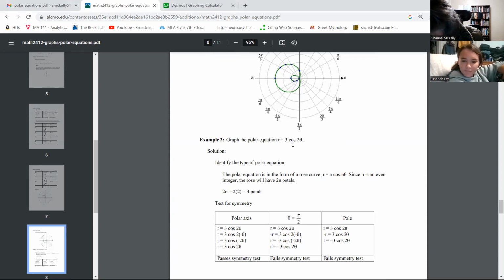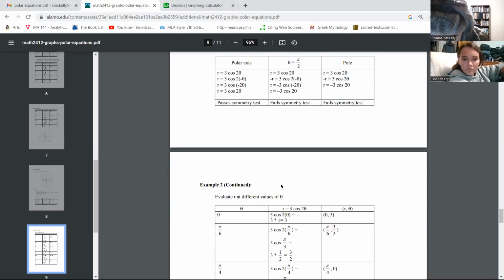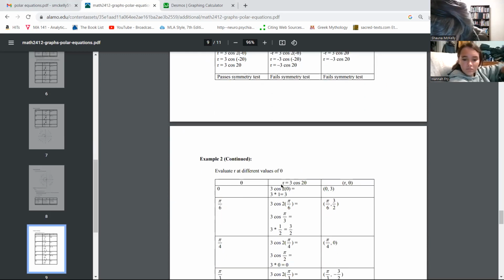This is a rose curve. Right. Okay. This is a rose curve here. The polar equation is a rose curve and is even. The 4 will have 4 petals. We know that. We're not going to worry about the symmetry, right? So here,